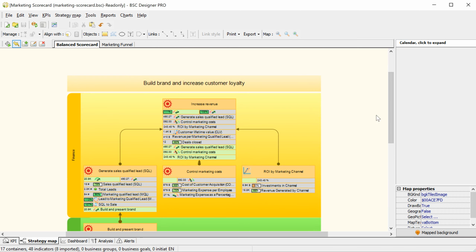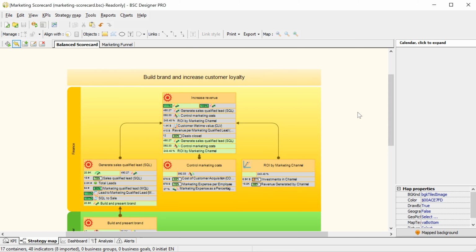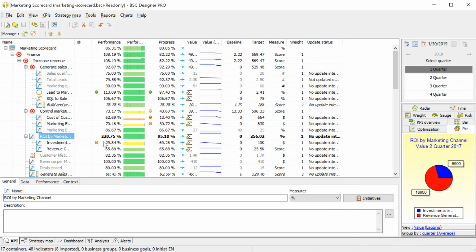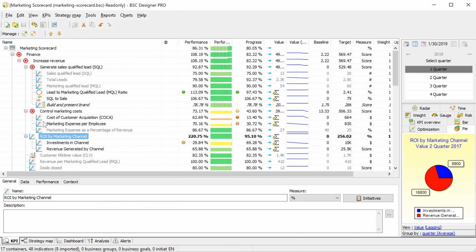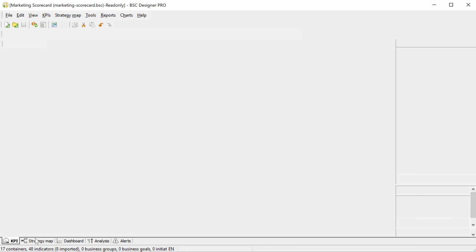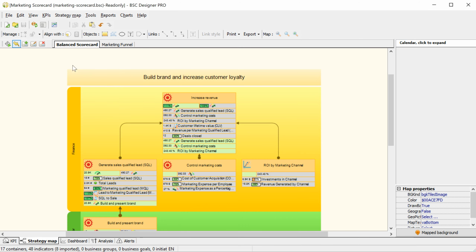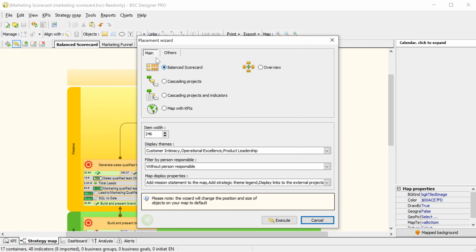And one thing that I would like to tell about this map is that I did not design it. It was designed automatically using the data that I have here on the KPIs tab. So basically on the KPIs tab, I have all these business goals, all these indicators. Each indicator has its own property, if it's a leading or lagging indicator. And then I switch to the strategy map tab, pick this option here, the balanced scorecard option, and the software builds